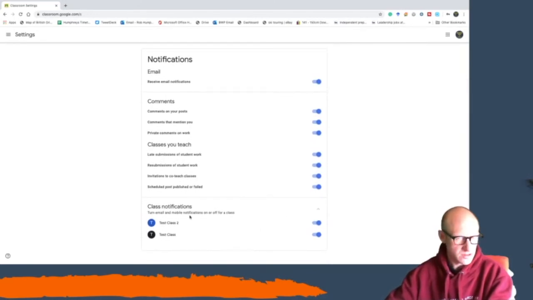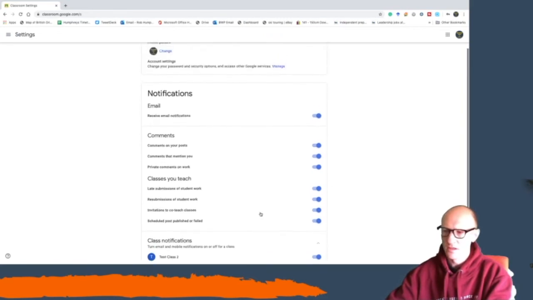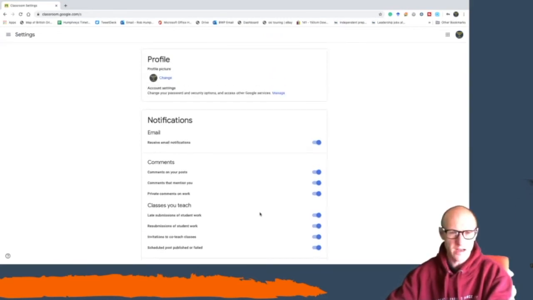Equally, if there's some classes you don't want notifications from, because maybe you're a co-teacher on a different class or something like that, you can turn off notifications for a whole class. So hopefully that will be able to manage the emails or alerts that you're getting on